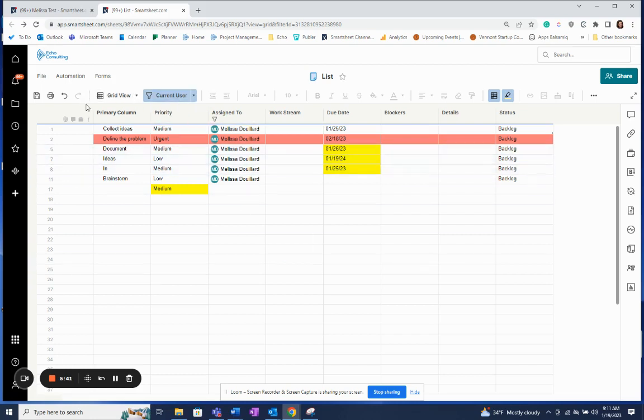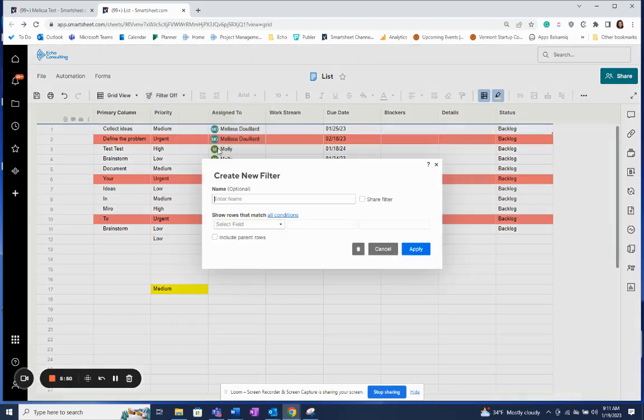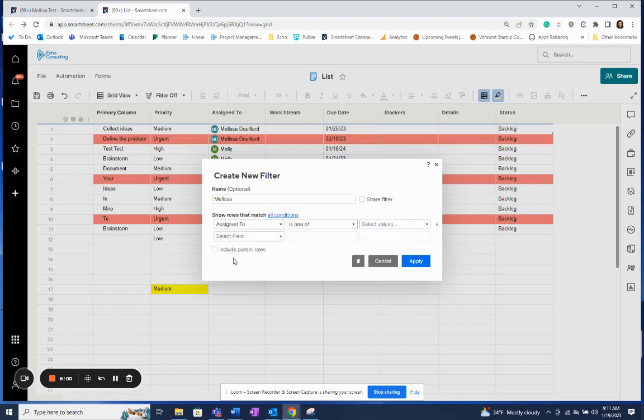So to set up a filter, it's already in the current user filter. We'll turn that off and go to create filter. So new filter, since we already have a current user one, I'll say I just want things assigned to me and I'll put my name. And I'll select the rows. So assigned to is one of, and then I'll just select my name